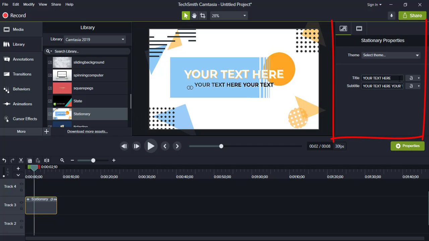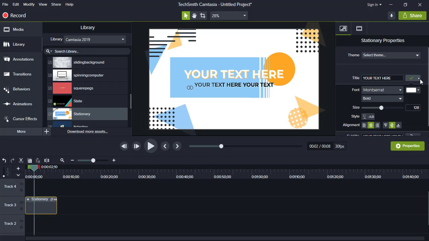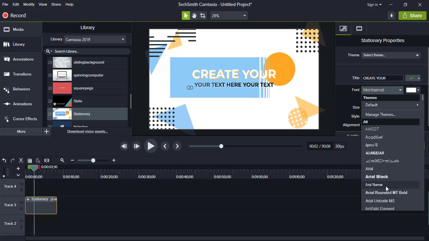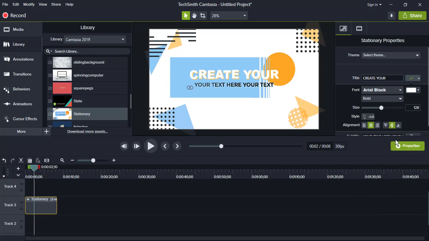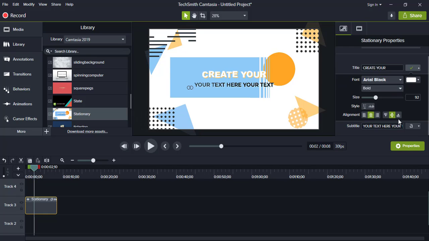Once it is selected, you will see the properties are visible to you. From here you can change your text, you can type whatever you want, and you can change the font size and color as I have shown you in the previous one. I'm just decreasing the size for this as of now. You can do it as per your requirement. I'll scroll down, and from here you can change the bottom line.